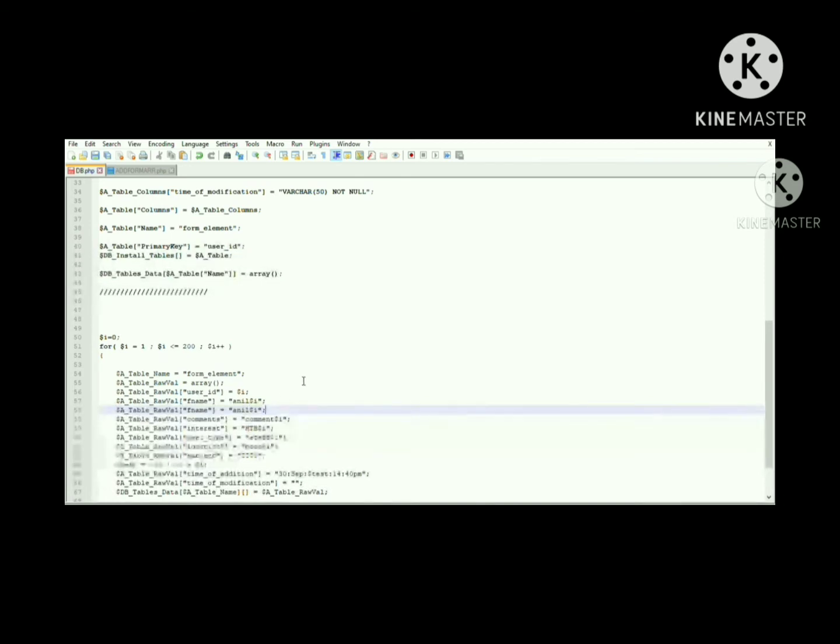We'll copy and paste the fname line and we'll change fname to city and Anil also to city.